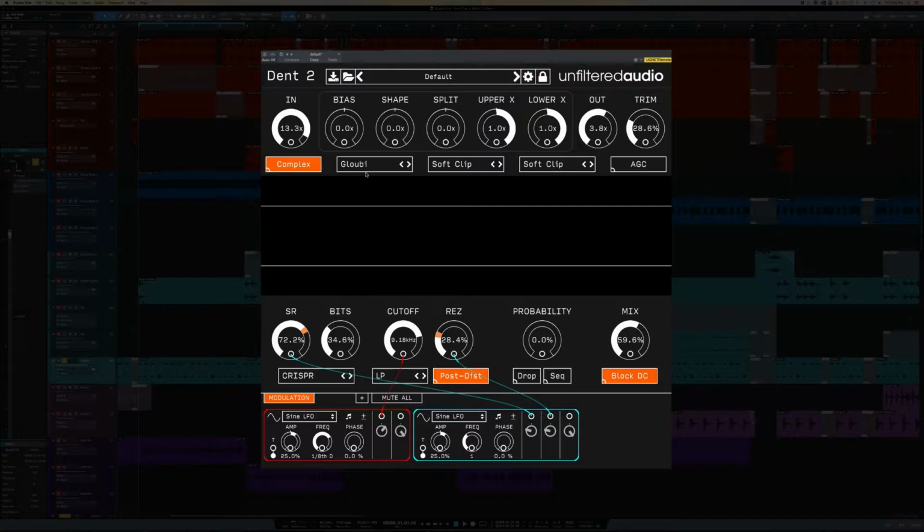It sounds really cool. I'm not sure exactly what it is. It's a wave shaper. Then I have the soft clip in the output, I'm pushing out here a little bit. I'm not using any of the bias or split shapers, so I'm not sure if the middle algorithm is doing anything or not. Then I'm also engaging some bit reduction here, and I'm using the CRISPR algorithm, which I really like. It's a milder